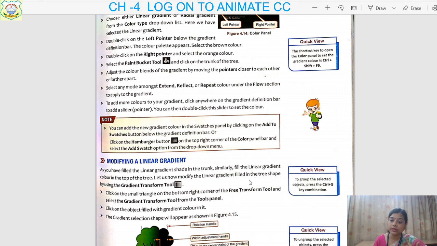Then how to fill the color? For that you have to click on the paint bucket tool. Before that, if you have to apply a gradient, you have to select that color from the color palette. Select the colors which you have to apply, either a single color for solid, or gradient color, meaning a mixture of two or more colors. Select the color, click on the paint bucket tool, and then just click on the object on which you have to drop that color. It will be applied. So we have completed this much till now. After this, I will take a few more topics, because these are new things to you, children.